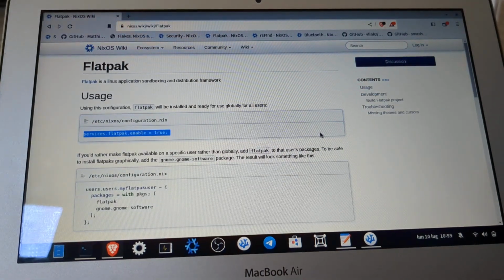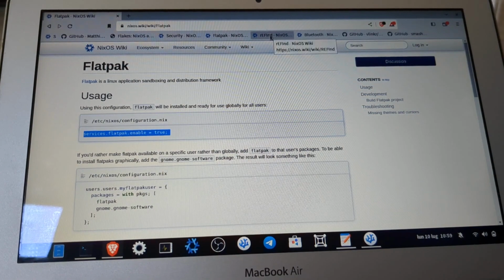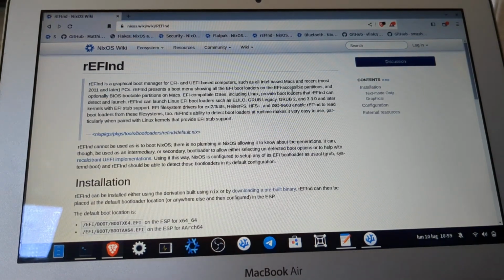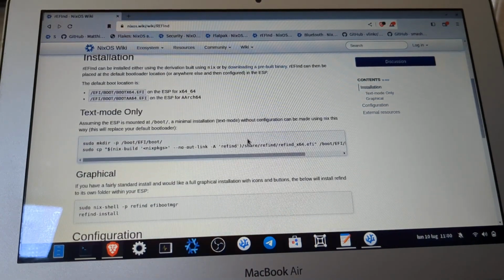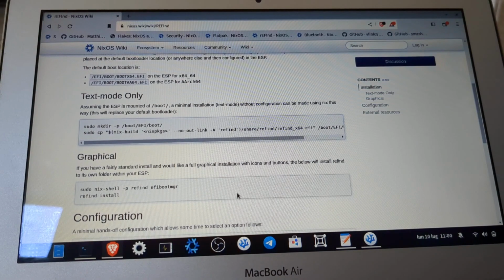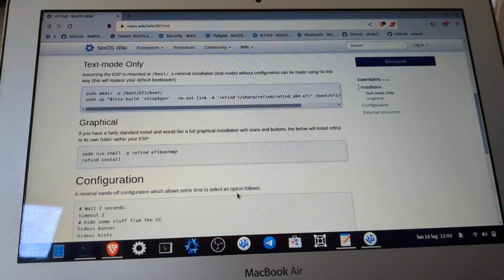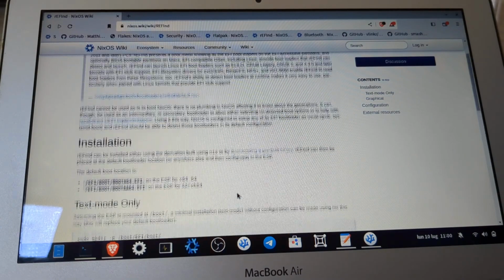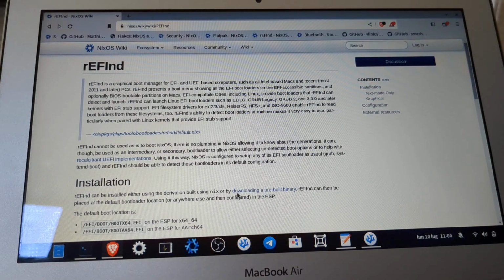Another weird thing that I noticed, maybe it's specific to this kind of hardware, is rEFInd, so you have to use a different bootloader. And here are the instructions if you want to enable the bootloader for Mac x86 hardware. But it works from the USB.